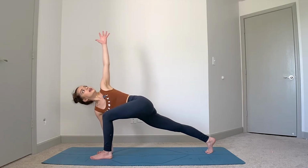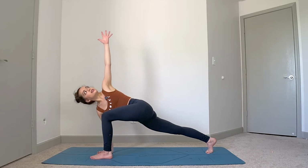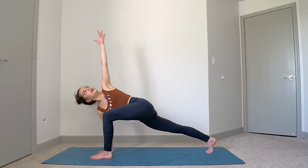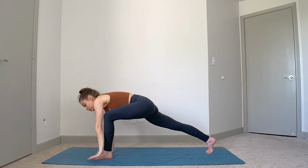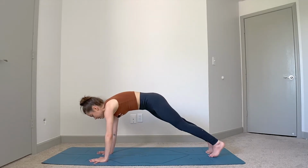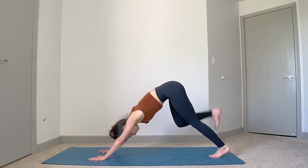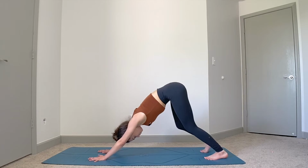Inhale, stacking the left shoulder on top of the right shoulder. Exhale to sink your hips down. Inhale and exhale to release that left hand. Frame that left foot once more. Send that left foot straight to the back to meet your right, and then lift the hips for downward facing dog. Pedal out the feet here,